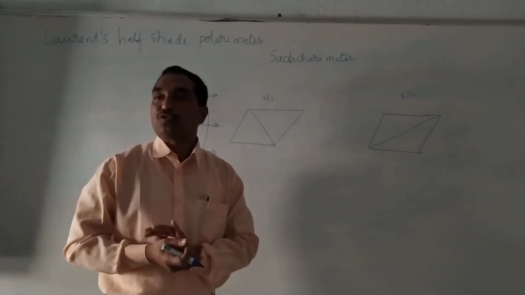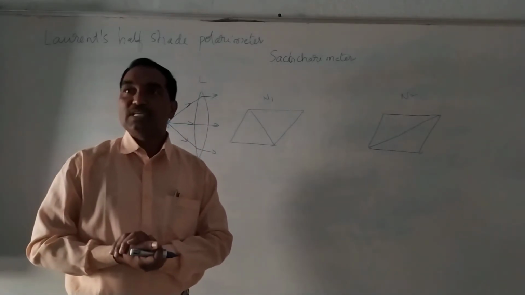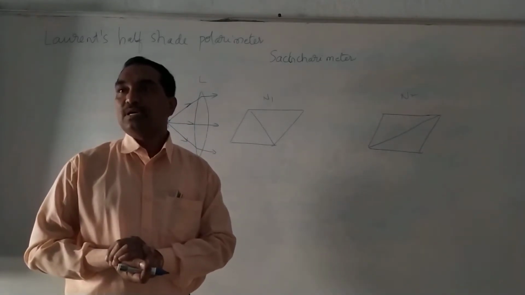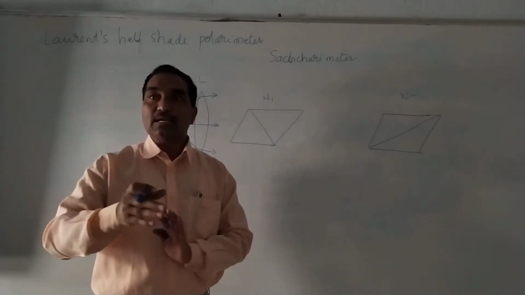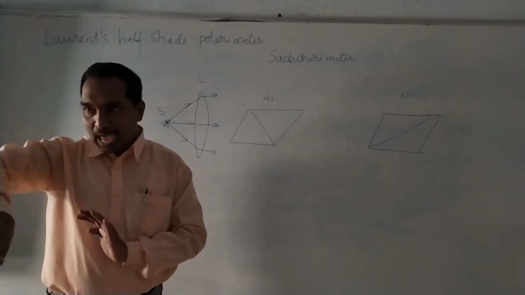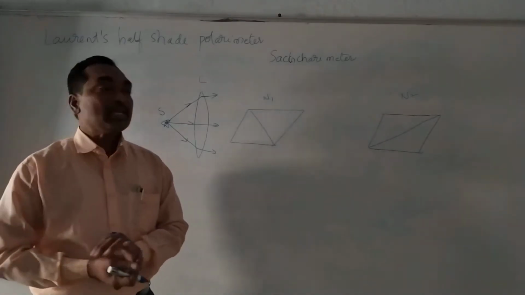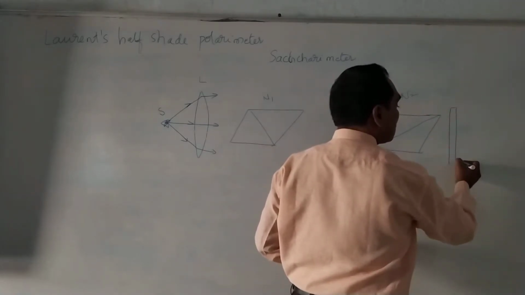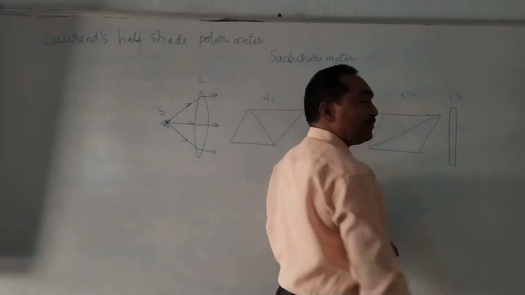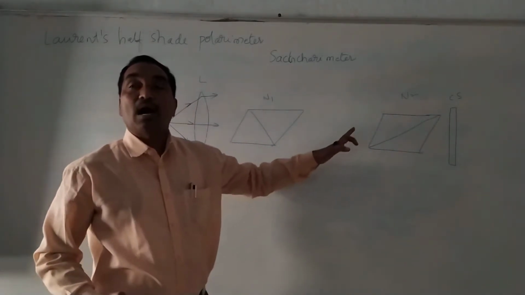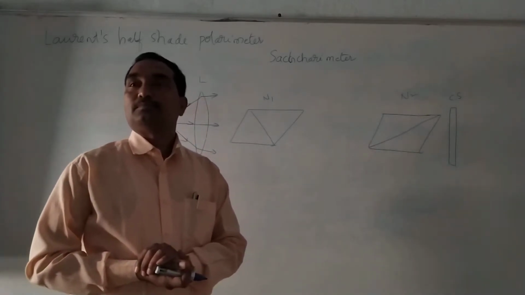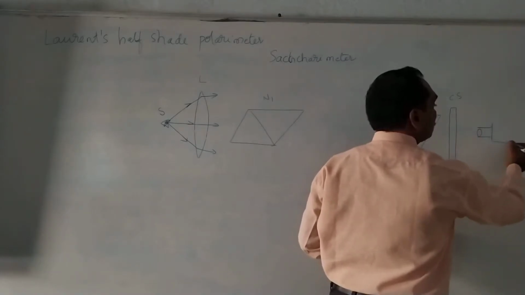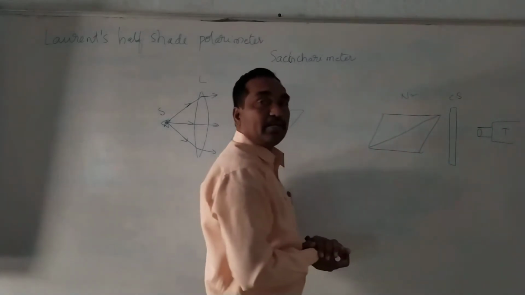For example, in our spectrometer experiment, there are two scales, scale V1 and scale V2. In the spectrometer, those two scales are used to measure the angle of rotation. Similarly, there is a circular scale here. By using this circular scale, we can measure the angle of rotation of Nicol prism N2. And there is one telescope required, to observe the intensity of light.